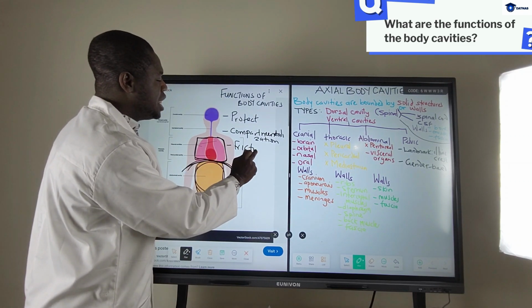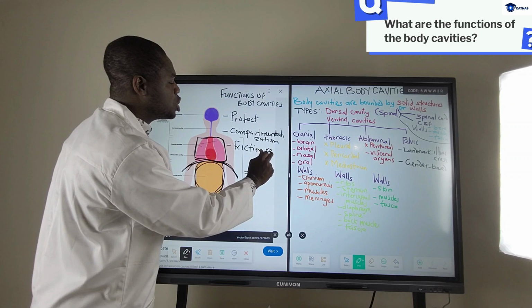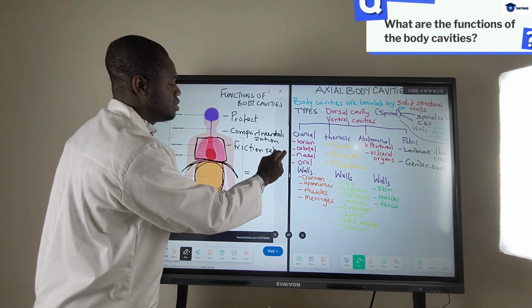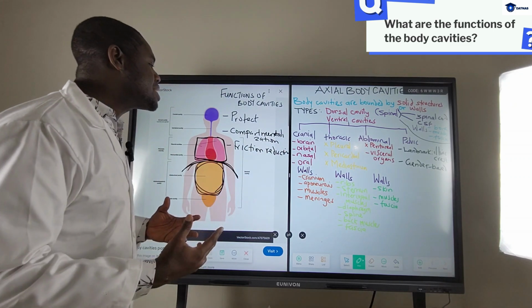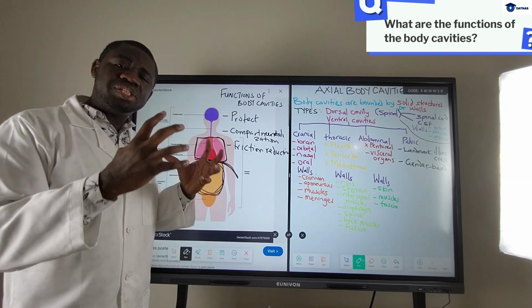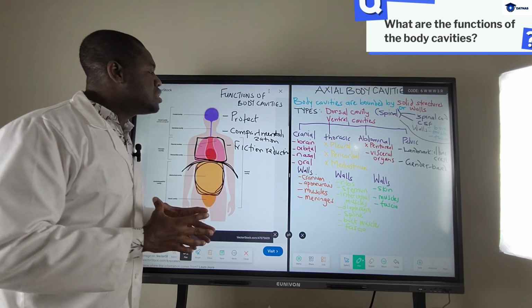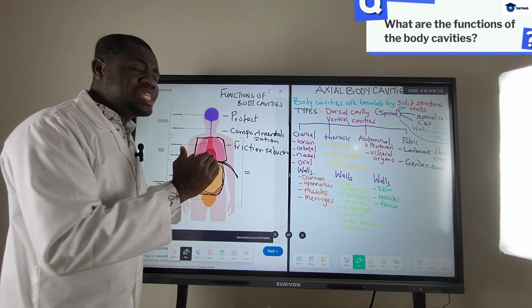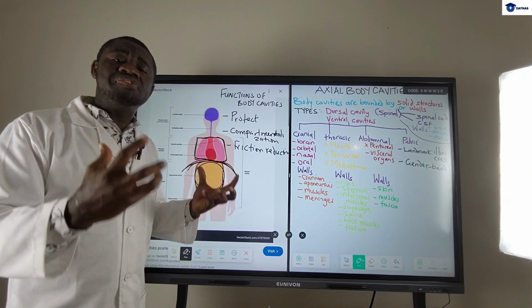Another function is friction reduction. Body cavities help to prevent friction because the cavities contain specialized fluids